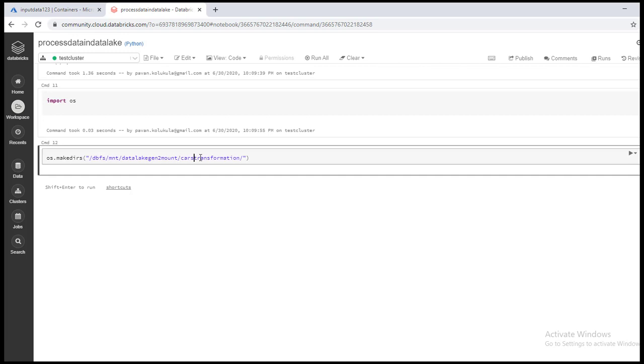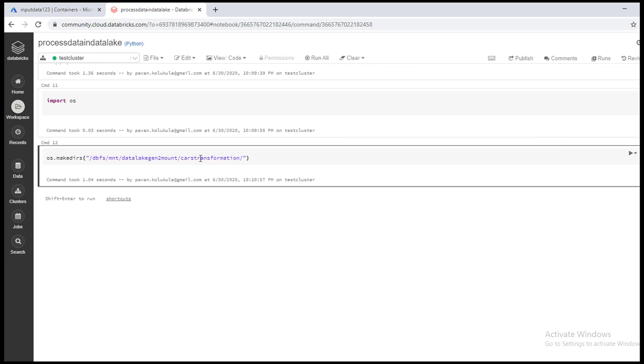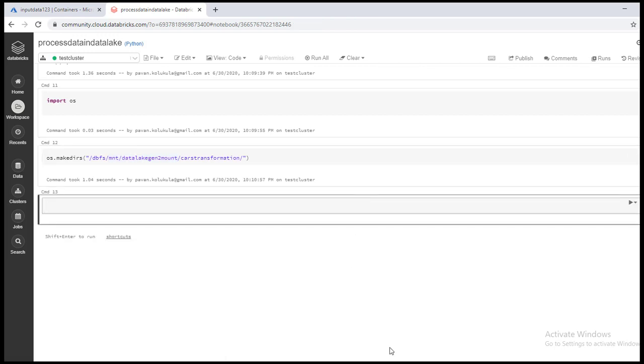This particular command will create a folder called cast transformation in this mount location, and this is done in Azure Data Lake Gen 2. Now a directory called cast transformation is created in Azure Data Lake Storage Gen 2, and this is the mount point. We defined the mount point in the code we have written earlier. OK now.